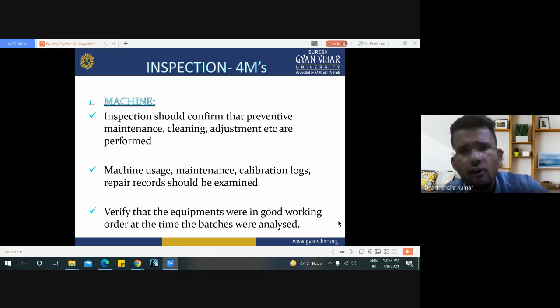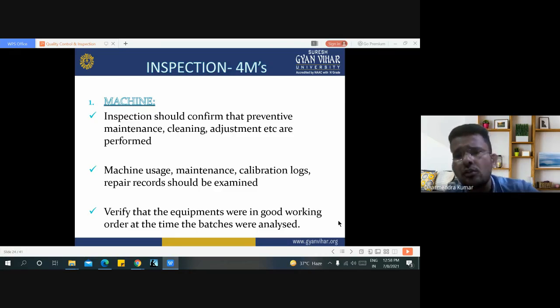These all form the inspection of machines, like which type of machine we are using, the maintenance process which we are using on the machine, calibration logs, and the repair records, like when the previous maintenance or servicing was done, or how many parts, at which time interval, are replaced in this machine.